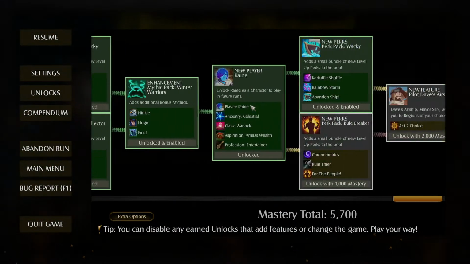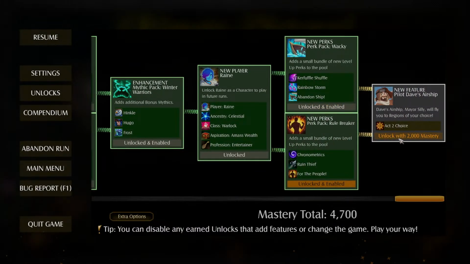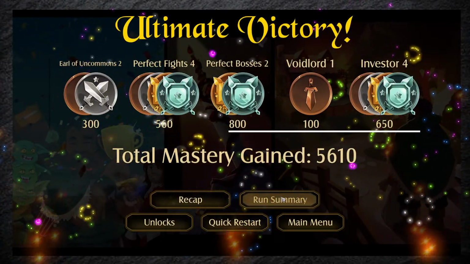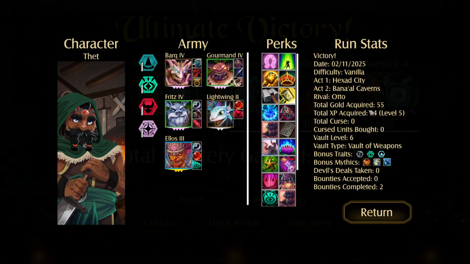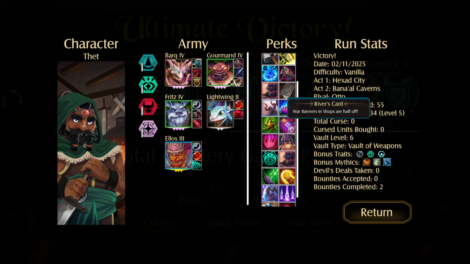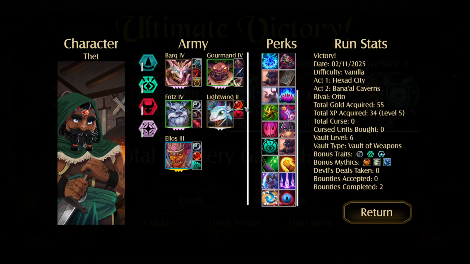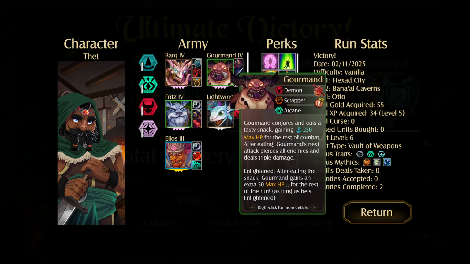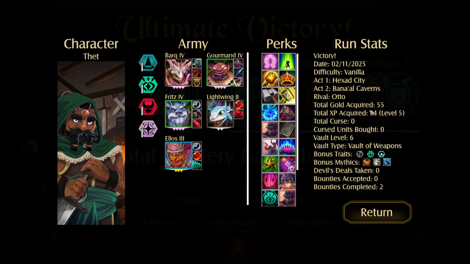I do think I get my last of the unlocks now. So I get new perks and then the new character. Oh no. Oh, that lets you choose your act 2. That's cool. All right, and then now my mastery goes to hats, I believe. Do I get stats from here at all? No. Ah, darn. I could see some stats, like what they did, but...